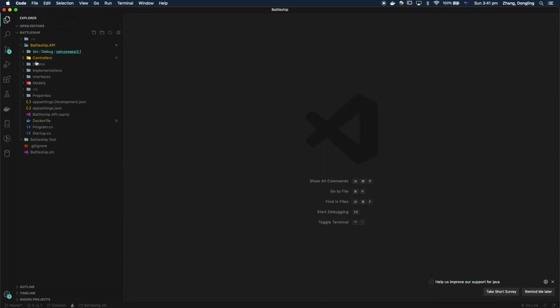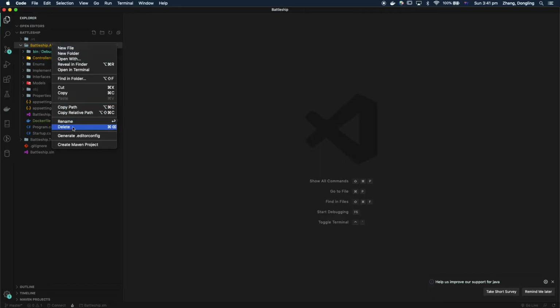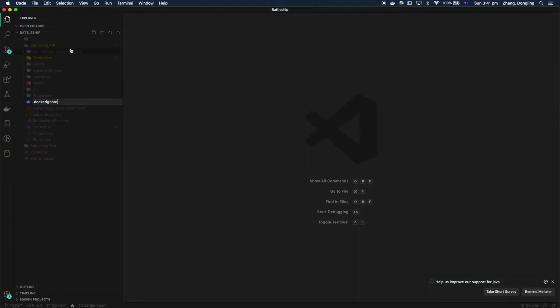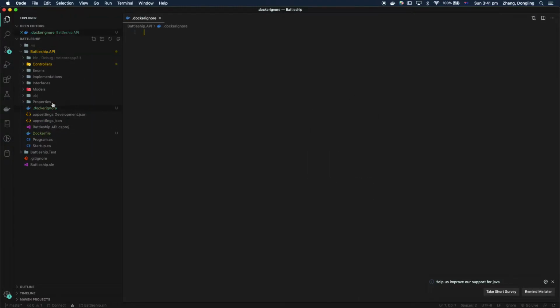So I copy everything, but not the bin and the obj folders. I'm going to create a new file, .dockerignore. In here you don't need the bin and also don't need the obj folder,